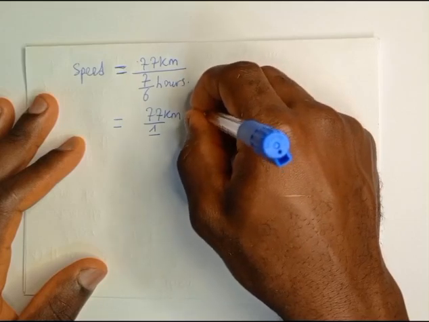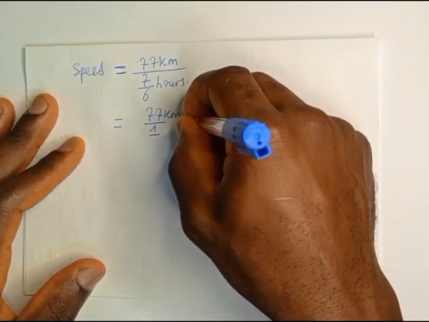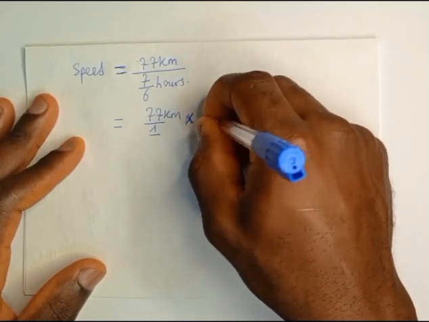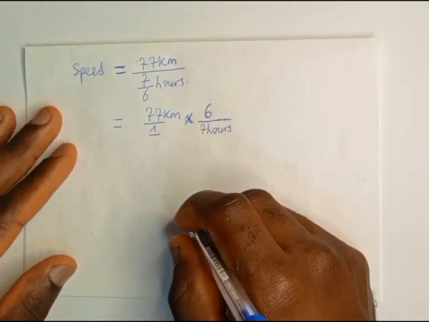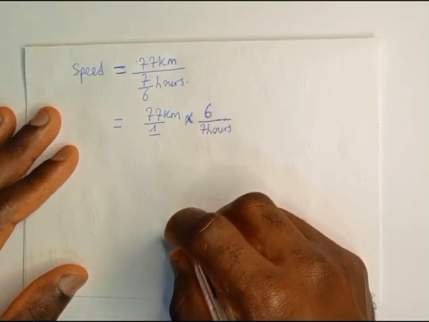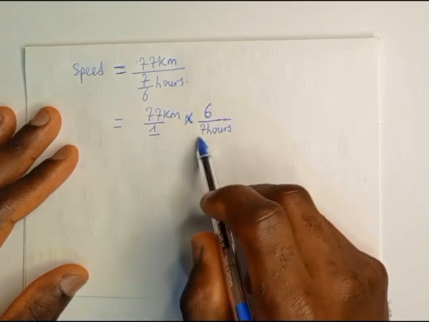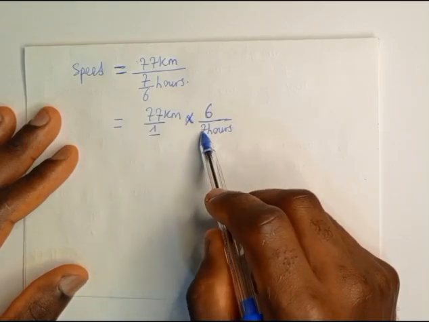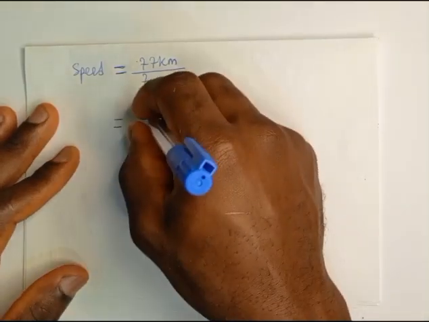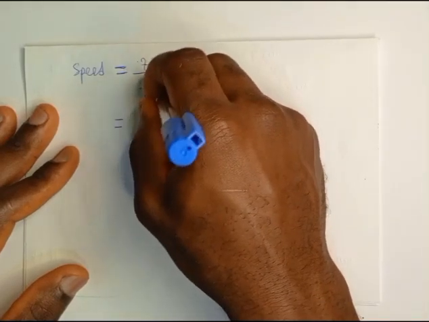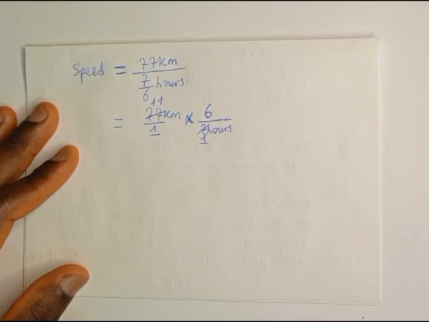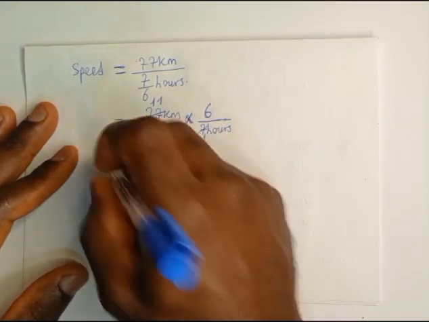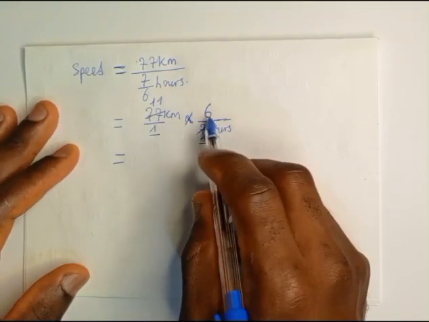6 goes up, while 7 goes down to the denominator, like this. Next, we have to simplify. The highest common factor of 77 and 7 is 7. 7 will go into 77 11 times. 7 divided by 7 gives us 1. This will simply be equal to 11 times